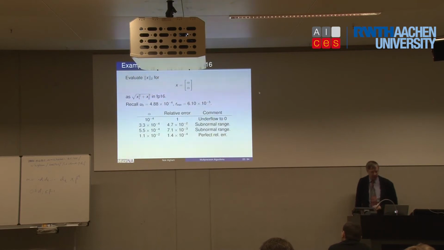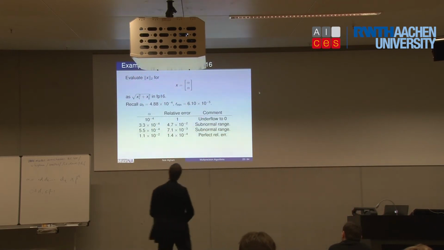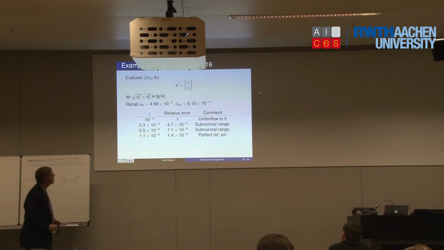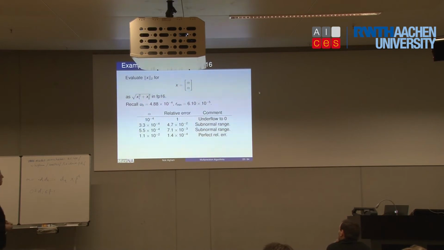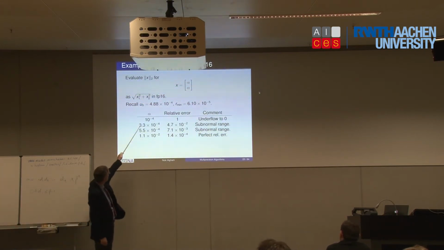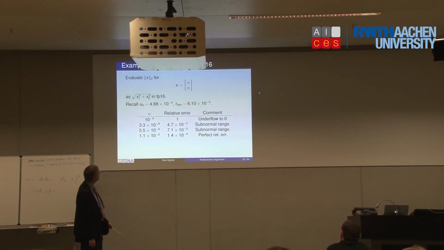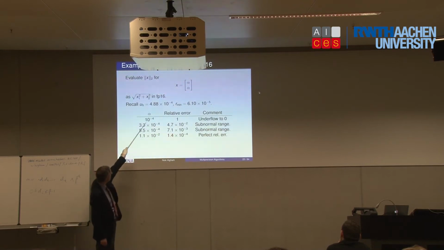But let me give you an example of just a simple computation that can misbehave in FP16. So this is a vector of 2 elements, and I'm taking the vector alpha, alpha, so that it could hardly be a simpler computation. The norm, root x1 squared plus x2 squared, for that particular x, doing it in half precision. Here's the alpha. Here's the relative error when I do that computation in FP16. And so for alpha is 10 to the minus 4.